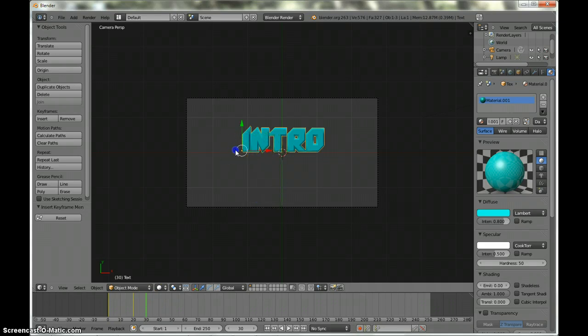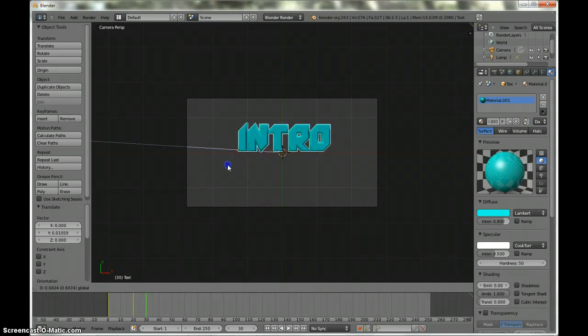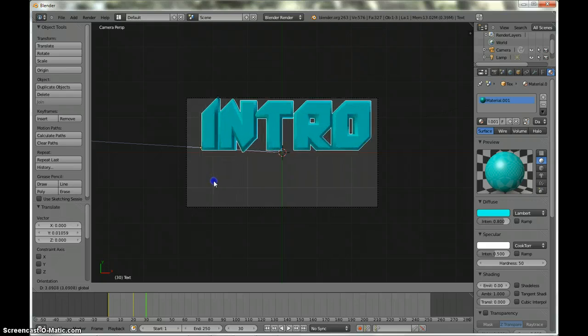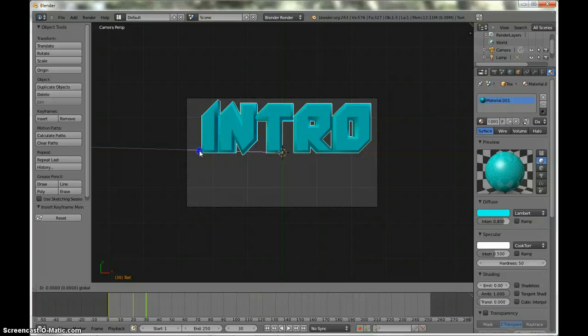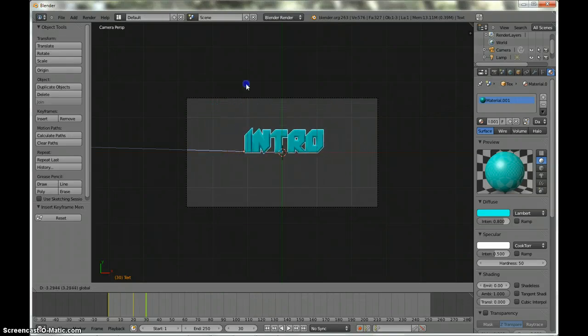I'm just going to do what I usually do with them. I'm just going to make this look like it's popping out, like a cool effect, and then it's just going to pop out. Press I for location, and then make it go down. You're going to go up like that, and as you can see, you're just going to make it where you thought it was. Okay, once you do that,